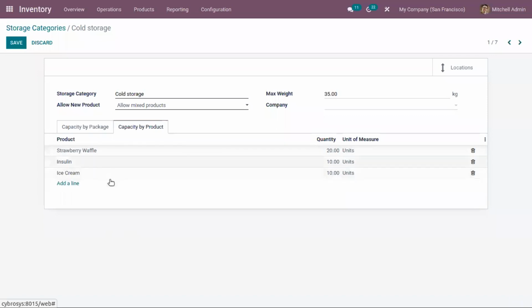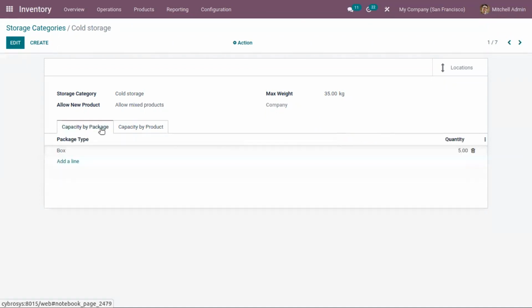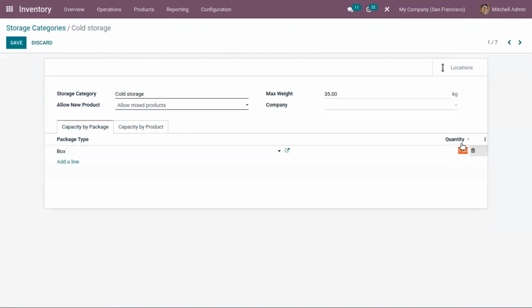So box of 5 units is created. So here let me change the quantity to 2 boxes. So 2 boxes can only be received in the locations under this category.